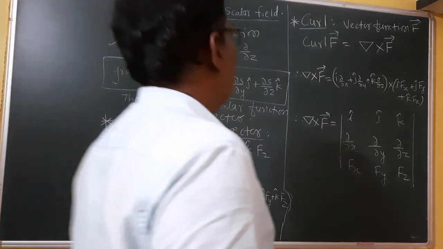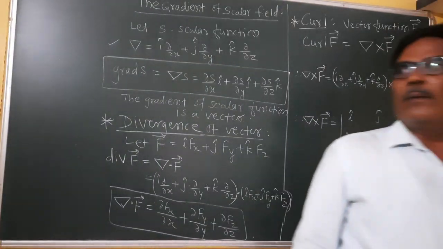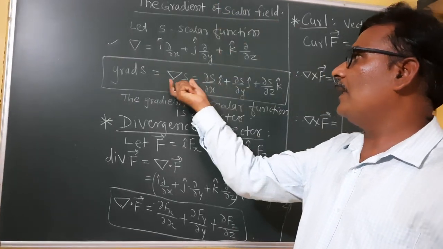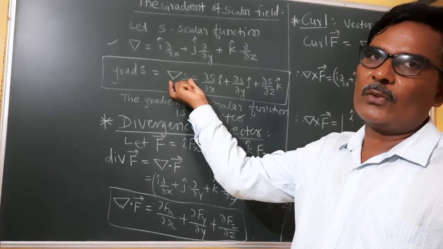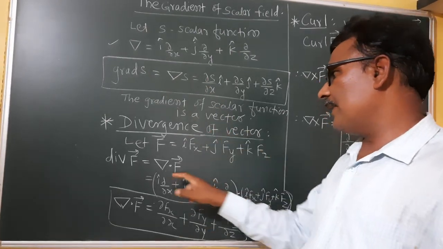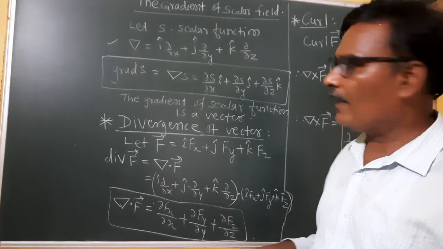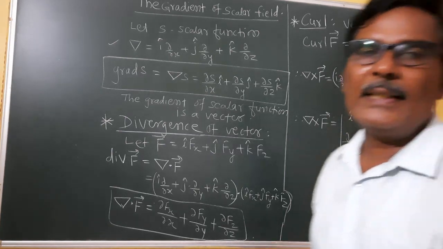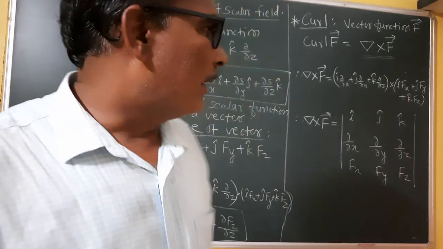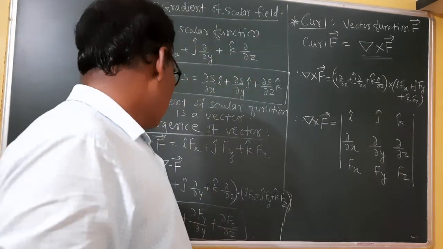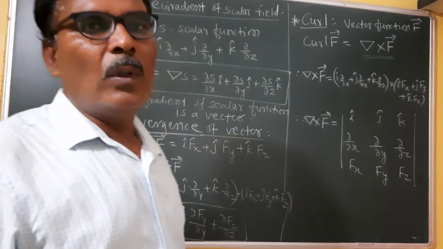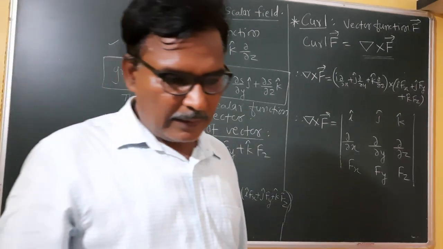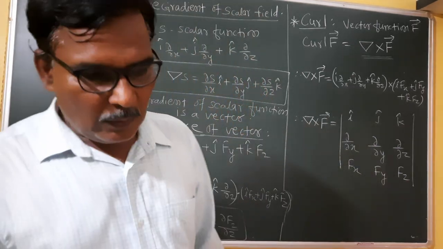This is nothing but the gradient, divergence and curl. Sometimes we have to say what the gradient operator is, that is del is the gradient operator. Multiple choice question: how can divergence be written? Del dot F bar. How can we write the curl? Curl can be written as del cross F bar, and we have to use this to solve the problems of divergence and curl also, and we have to study some properties and the physical interpretation of gradient, divergence and curl, which we are going to discuss here.